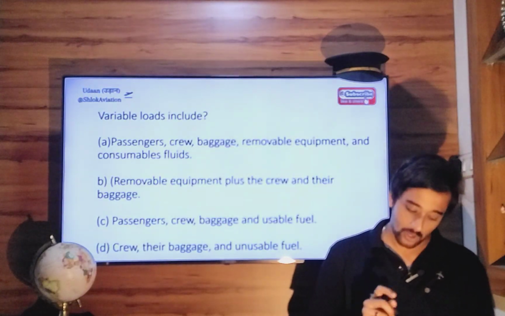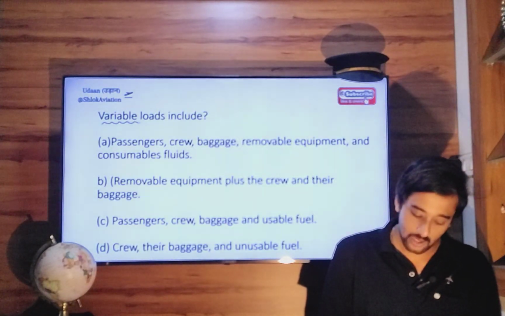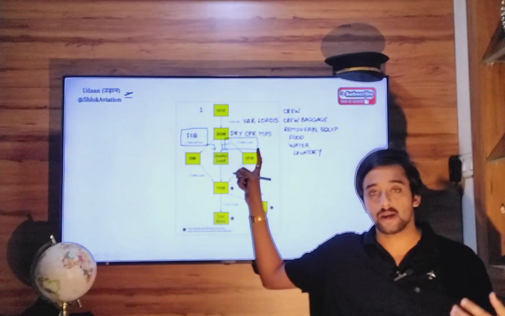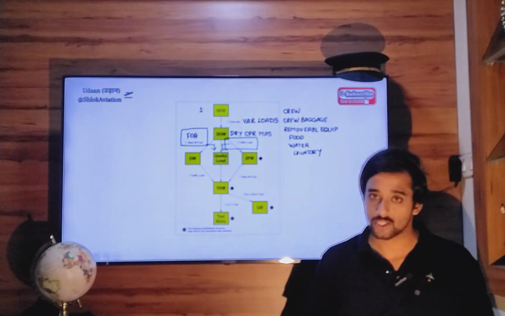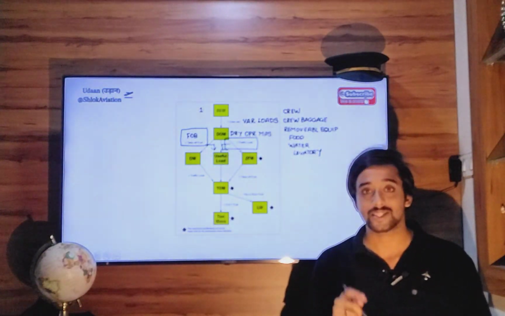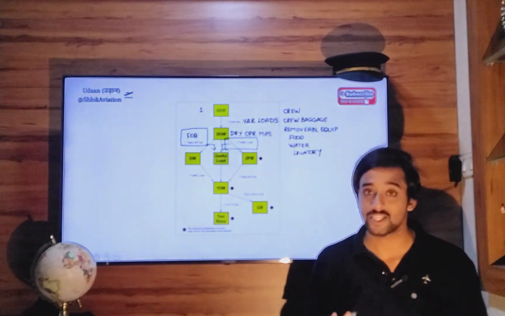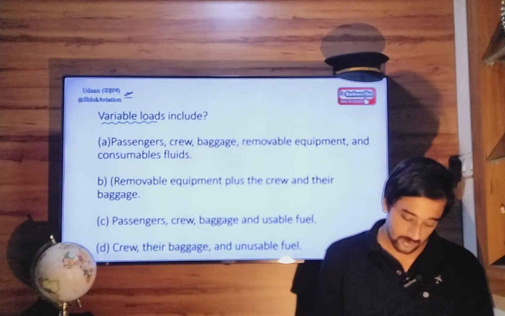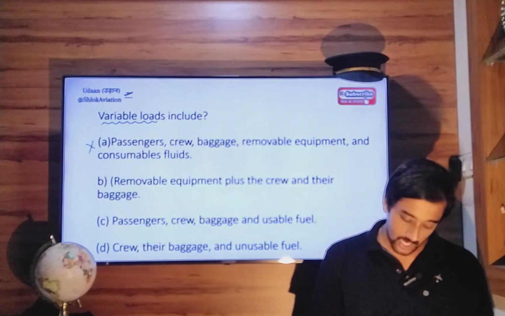Now coming back to this question, variable loads. What are variable loads? Like I said, crew baggage, removable equipment, food, water, chemicals, etc. So this variable load is exclusive of payload or passenger load. Okay, it does not include passengers. So option Alpha is wrong. Charlie is wrong,